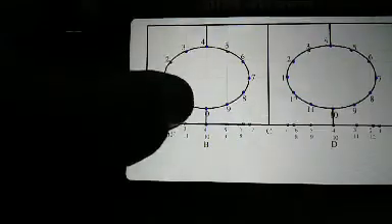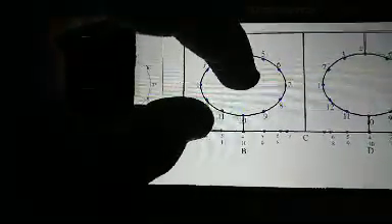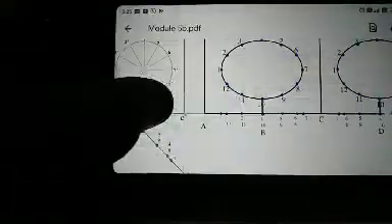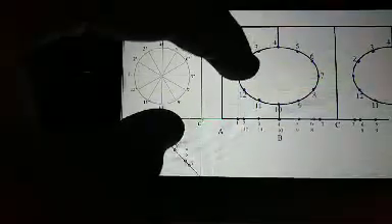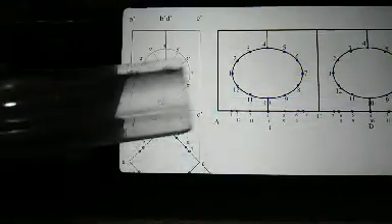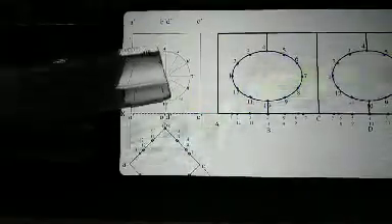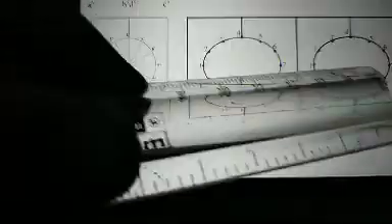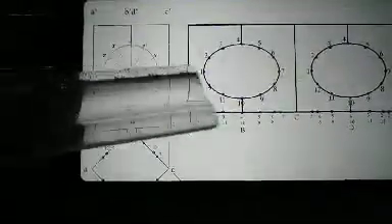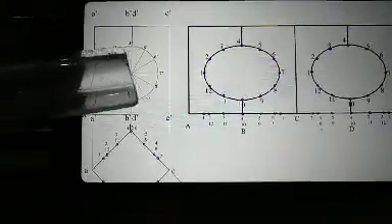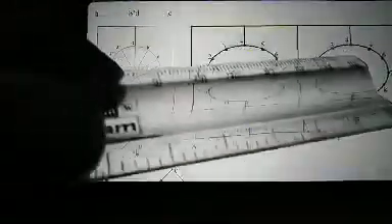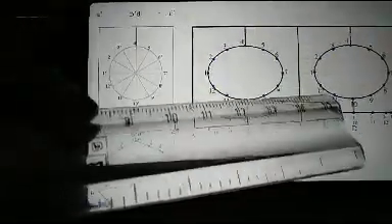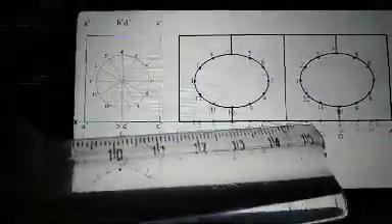Okay, now up to this we completed say 80% of the problem of projection of square prism. After that, in the next step, you have to take the projections of this hole, which is drawn in front view on that prism, to the development side. That is, 1 7 will be projected in this line, 2 6 will be projected in this line, 3 5 will be projected in this line, and 4 will be projected in this line. Again 12 8 will be projected in this line, 11 9 will be projected in this line, and 10 will be projected in this line.